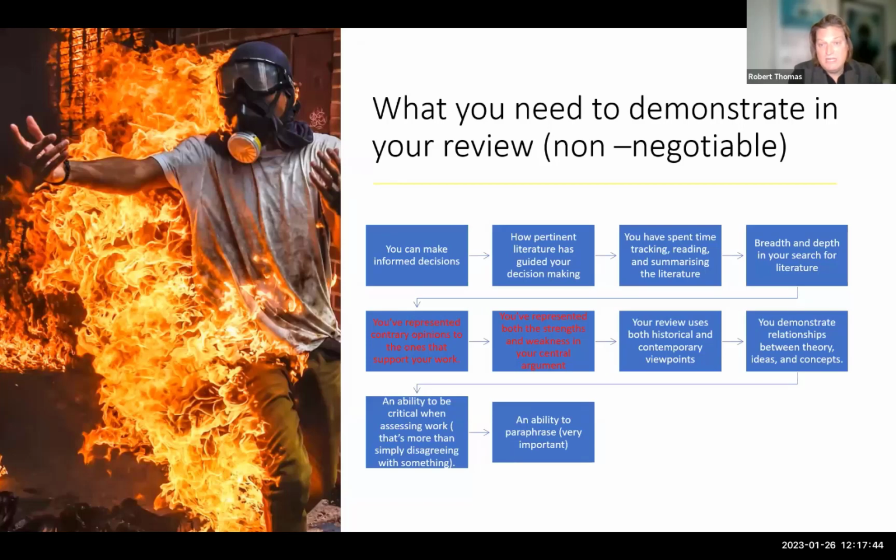You must spend time reading and ultimately being able to summarize other people's work. Absolutely critical. If you need to practice paraphrasing, I strongly suggest you do. A literature review that relies on constant direct quotes ceases to be a literature review. It is just a succession of ideas that others have posited. So do get used to summarizing work, and that's where the Cornell system actually comes into it. So we want you to engage in a historical and contemporary element to make sure the breadth of reading is there. And again, I won't go on too much, but the criticality.